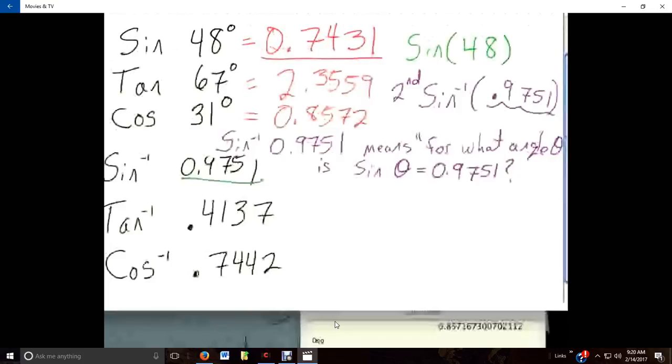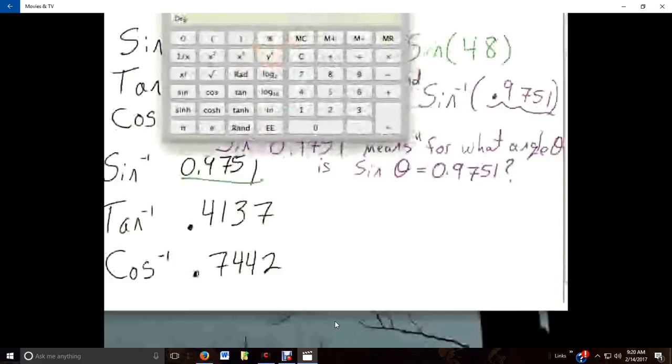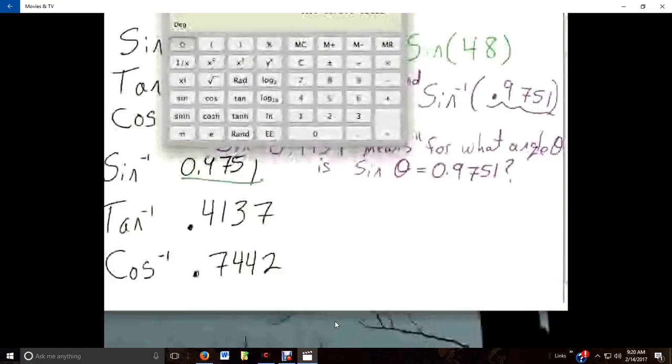On the calculator that comes standard with my computer, I have to hit second, which changes all the buttons. And now I have this inverse sine button, so I'll do 0.9751, and I'll hit the inverse sine button, and it tells me that that is 77.18727, etc. degrees. We will abbreviate that with,